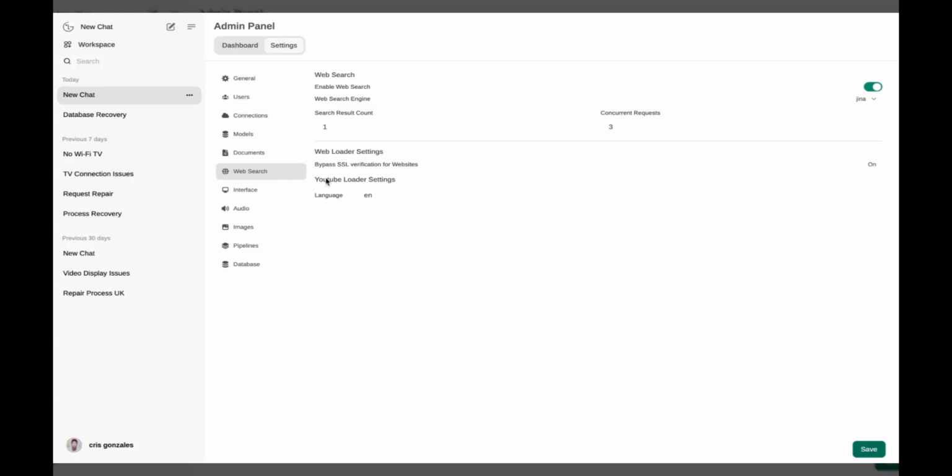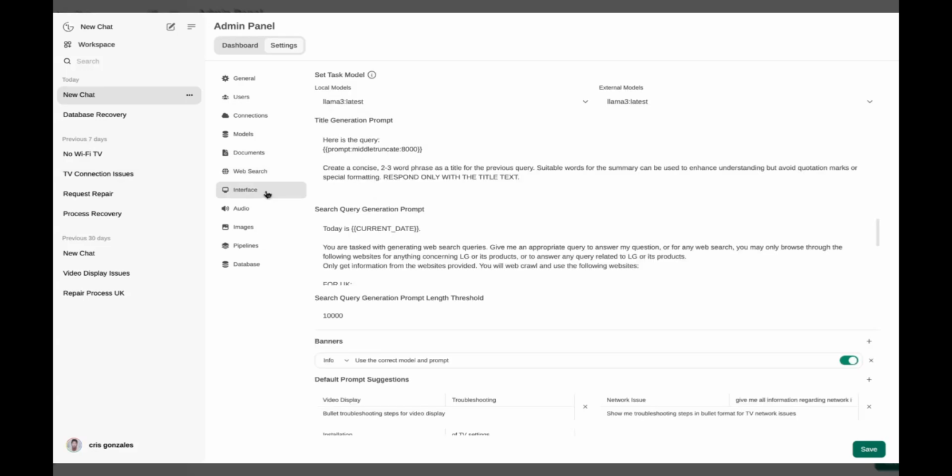Web search is just, again, if your account allows web searching, this is where you input it. If you want it to search only a certain domain, you typically allow this and then program it in such a way that it only goes to that website. Interface, this is just your basic interface. Your model, what you use for local and what you use for external. Title generation is this one.